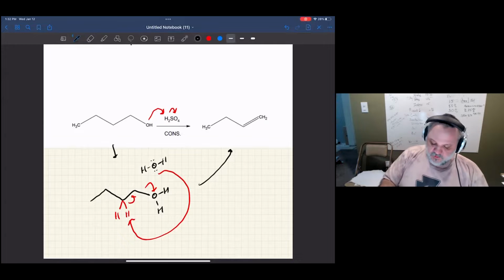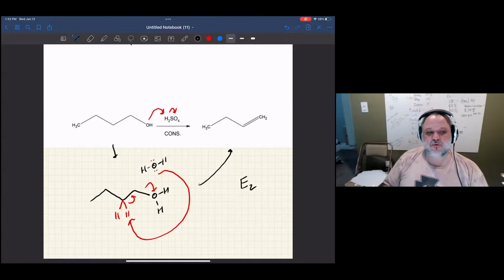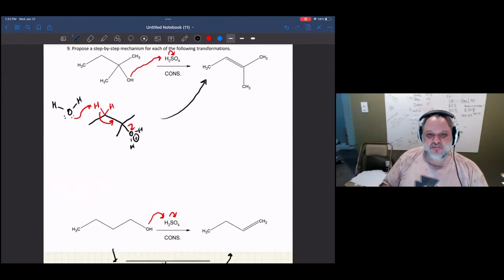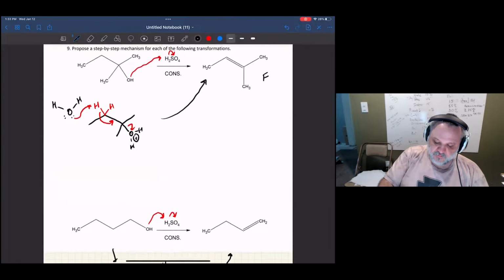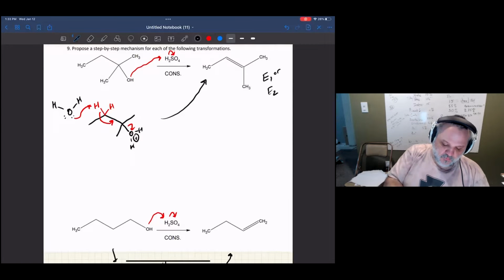Now, for this one, you definitely must show E2, right? Because I can't form a primary carbocation. And this one, you certainly could have shown E1 or E2. So this is the E2 path. We could have shown this thing